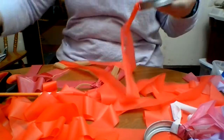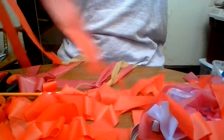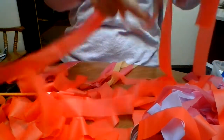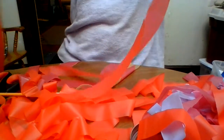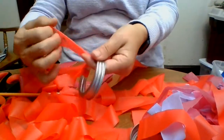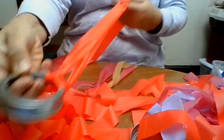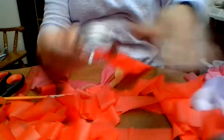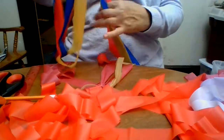And let me see what other color I'll use. How about an orange? Or I'll just do another red one to show you. So again, in half. All right, so I have that long ribbon in half. I'm going to put it through the ring and then going to catch those two ribbons like that and pull it. So here you have how you can attach them like this, or of course if you want to use the ribbon long as I have in here, this primary color ribbon,